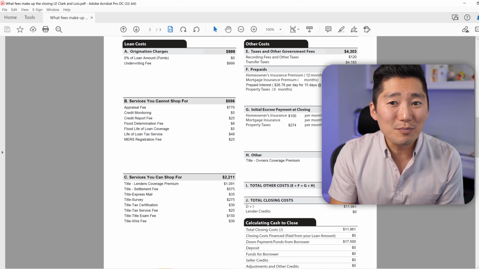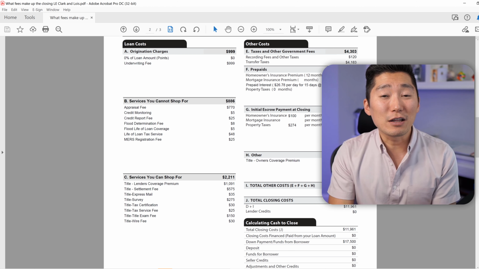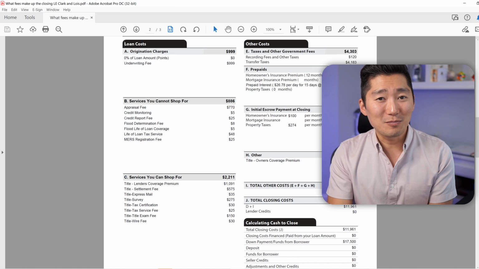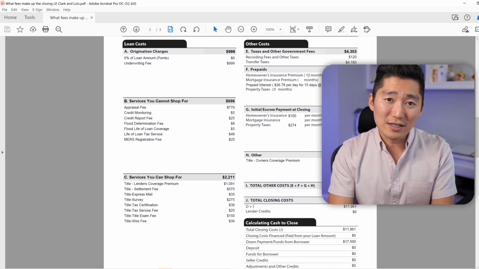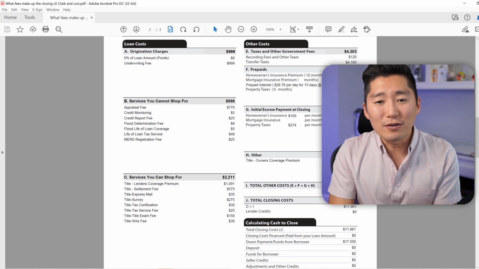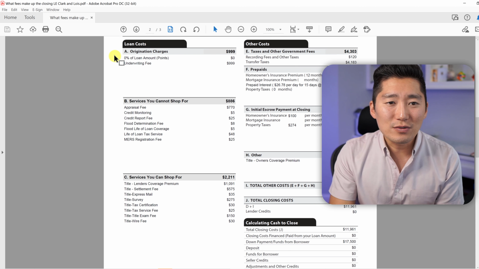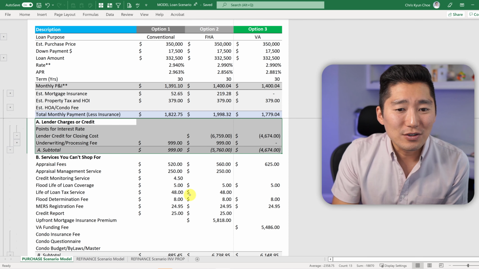They might be manipulating certain things to make it look better, right? Because you didn't do your research and try to understand it, or you didn't know better, right? But I would focus right here on section A. Everything else is going to be dictated by title or the investor or the taxes. So when we go back here,